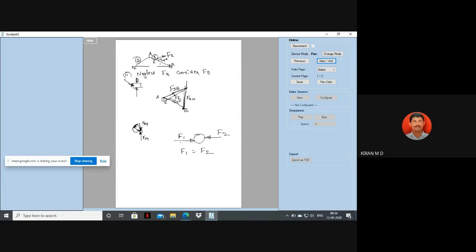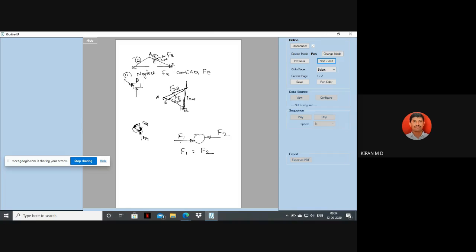This is not a magnitude. This is the direction of F32. This is the direction of FE, and this is the direction of F32. Use those directions. Again, you draw the diagram. Quickly, I will show that.